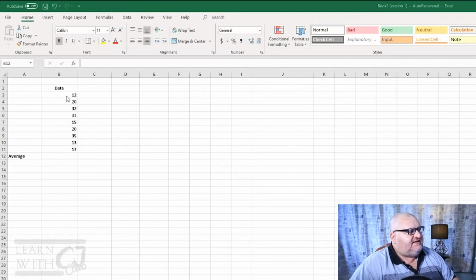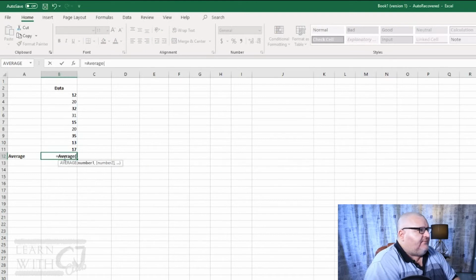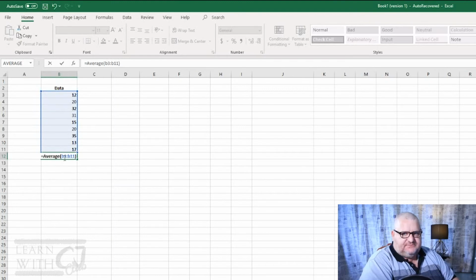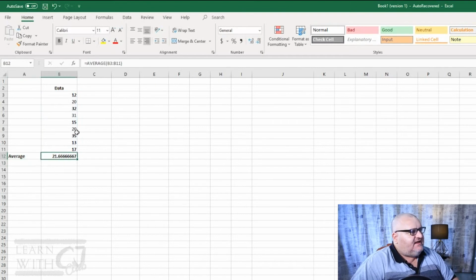So in this case here, we want to find the average of each of the values of this data set. To find the average, all we simply do is go equals AVERAGE, round brackets, and then all we do is give our range that we want to average. So in this case, we simply go B3 colon B11, close the brackets. It's always important you open and you close the brackets. Hit enter, and it then tells us that the average value in this set is